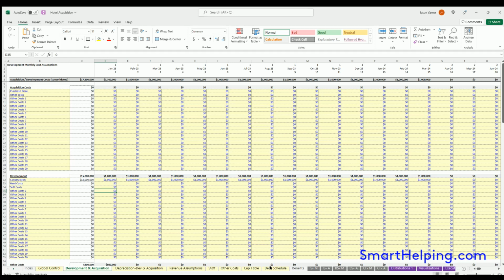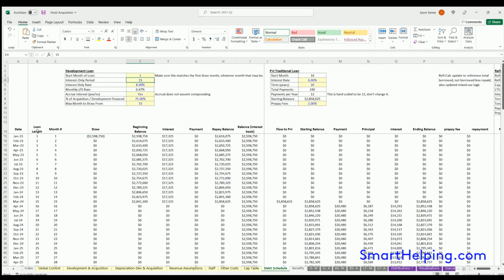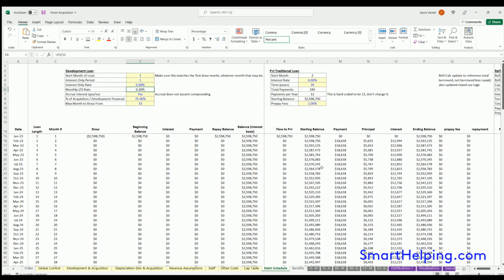And then again, let's say everything were in the same month, you can go over to your debt schedule and just put 1-1 here and a 0 interest rate. And in that case, this would just roll right over to your P&I loan. If you're doing debt but you don't have any interest-only loan, it's just a regular loan. So you can model that easily by adjusting some of these assumptions, and you can define the percentage of all those costs from the other development tab that are going to be financed, and also the max months to draw